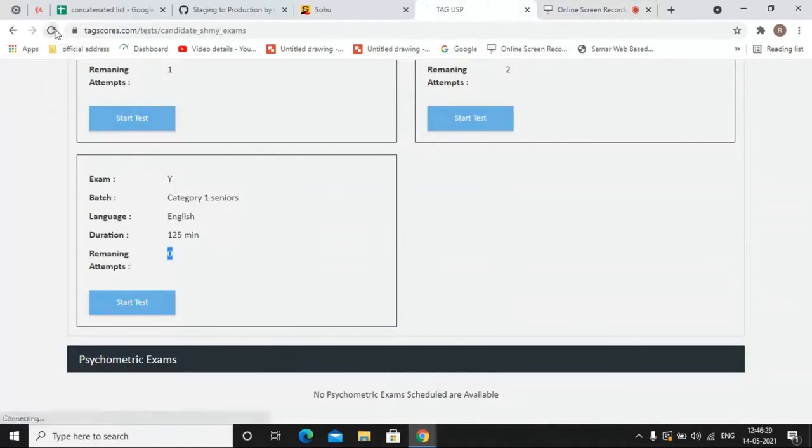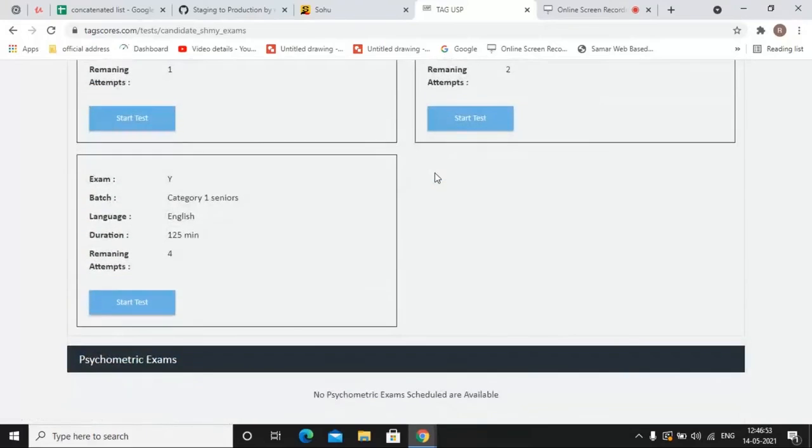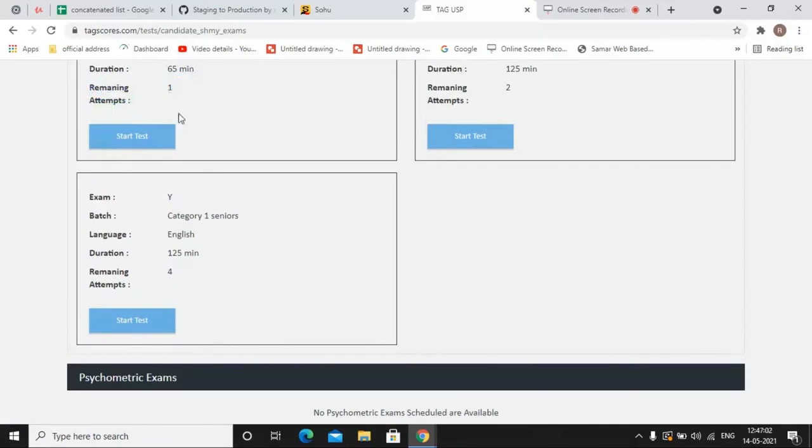In the backend we have given some more login attempts so that we can log in again and give the test from the point we have left. My remaining attempts are 4. You will be given only 1 or 2 attempts, so please use these attempts wisely.